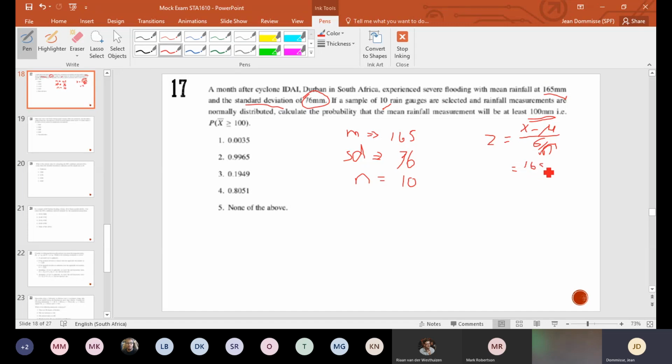So it's 165 minus 100, and just also the probability, so that we don't forget what we're looking for: probability bigger or equal to. So 165 minus 100 divided by,